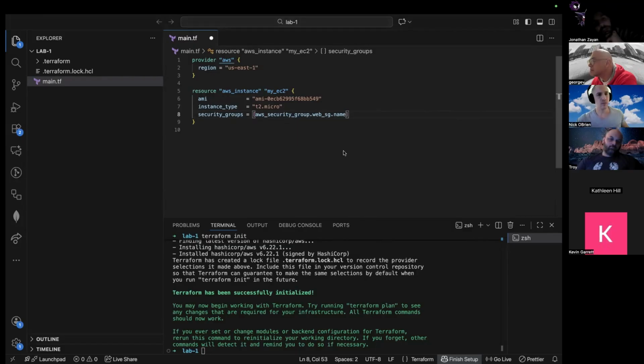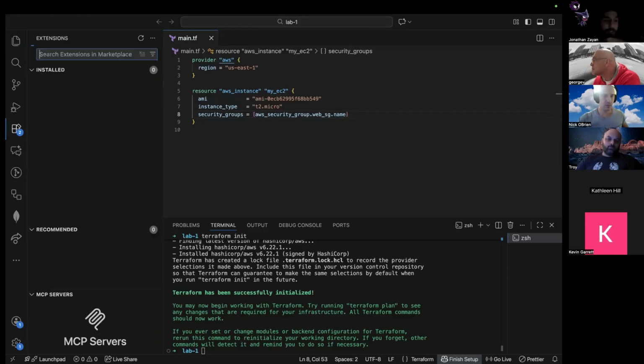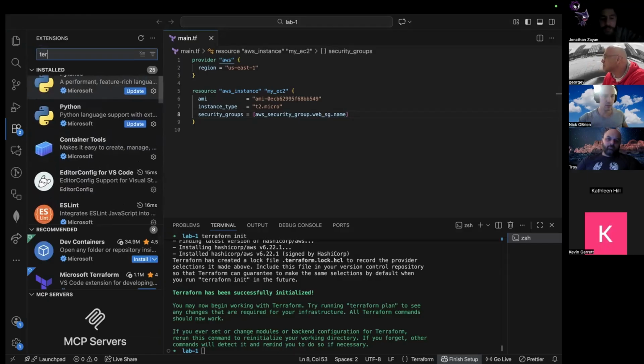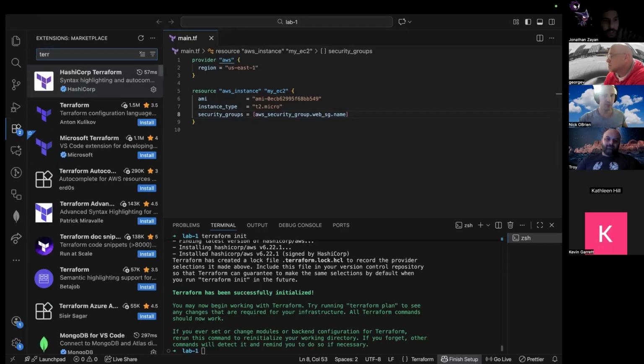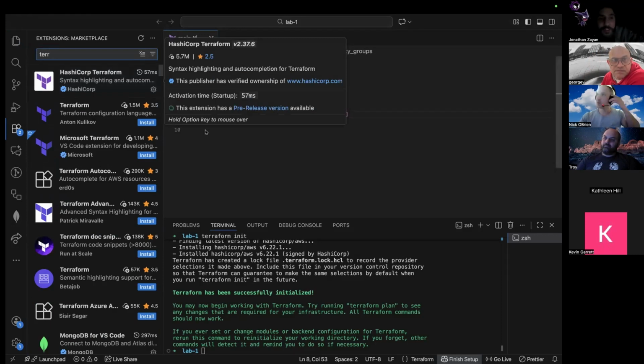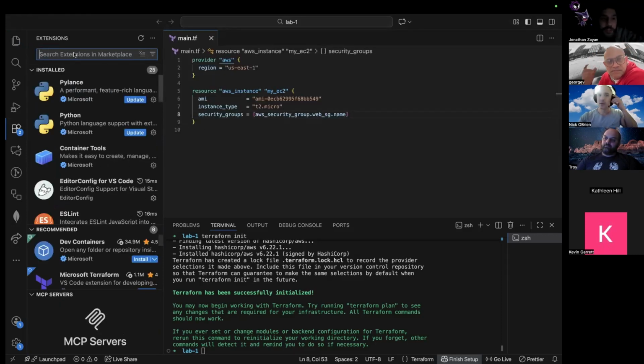It's hard to say because I have so many extensions. It may be a Terraform extension that I need to add. I'm not sure if I have one. Yeah, I do have a Terraform extension. Yep, I should click Terraform. Okay, so it may be from that. Yep, Terraform install. Okay, solid question. Thank you.